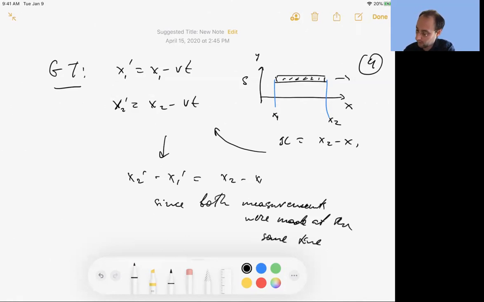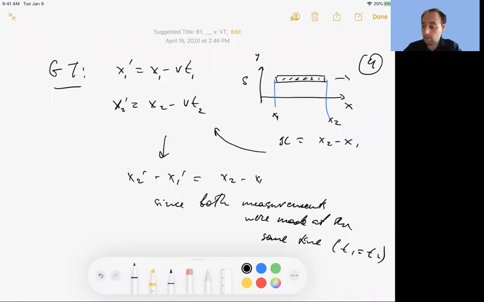I can even do this. t1 equals t2. We have two events. They're simultaneous in frame S, and so t1 equals t2, and therefore when you subtract x1 prime minus x2 prime, you get x1 minus x2. x2 minus x1 equals x2 prime minus x1 prime. And so you would find that delta L prime equals delta L. I'm not saying anything groundbreaking right now. So my point is that